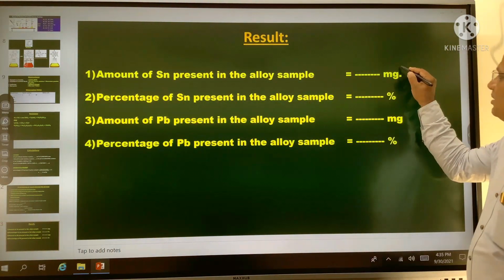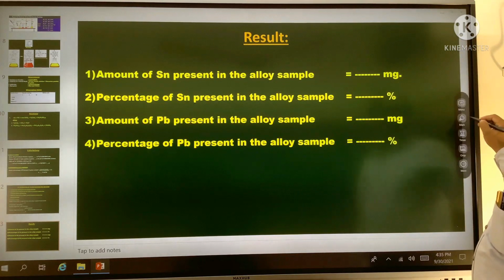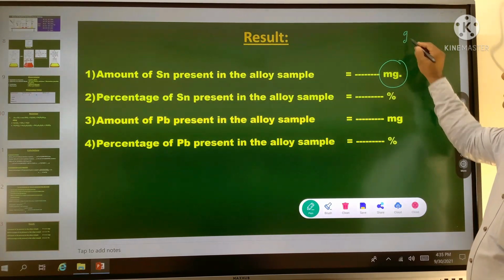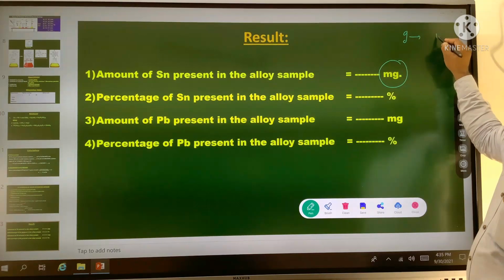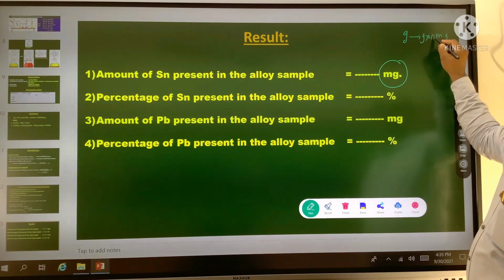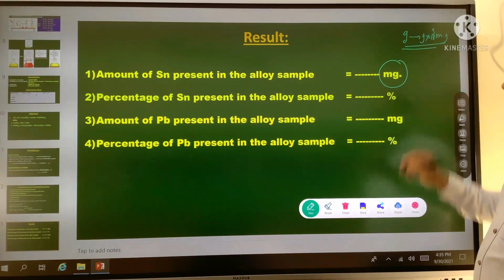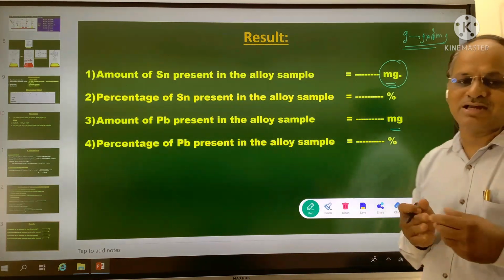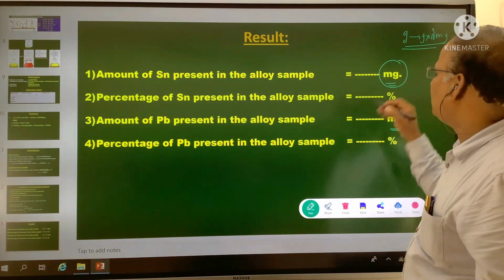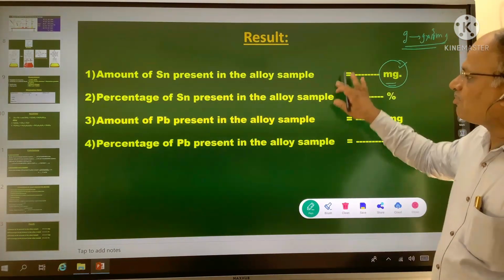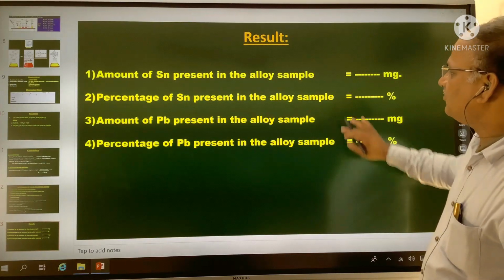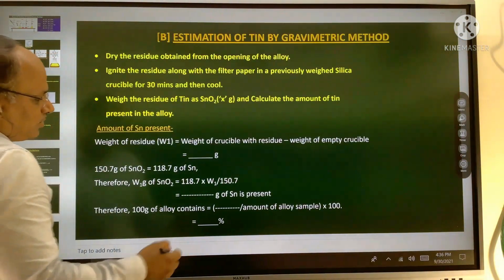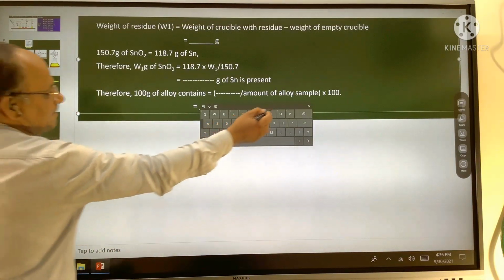यहाँ पे देखो, यहाँ पे मिलीग्राम में दिया है. यस, यहाँ पे जो दिया है ये मिलीग्राम में दिया है, तो आपको ये ध्यान पे रखने का है. यहाँ पे मिलीग्राम में दिया है, तो आपका रिजल्ट आया ग्राम में. तो हाउ टू कन्वर्ट टू द मिलीग्राम, ये ग्राम से मल्टीप्लाई करो 10⁻³ से, तो आपको मिलीग्राम में मिल जाएगा. यस, तो ये भी मिलीग्राम में लिखने का है और ये भी मिलीग्राम में. आपका जो एग्जाम का स्लिप्स है उसके ऊपर जो रिजल्ट दिया है वो मिलीग्राम में दिया है, ग्राम में नहीं दिया है. लेकिन आपका जो कैलकुलेशंस है, यहाँ पे जो कैलकुलेशंस है वो सब कैलकुलेशन जो आया है वो ग्राम पे आया है.